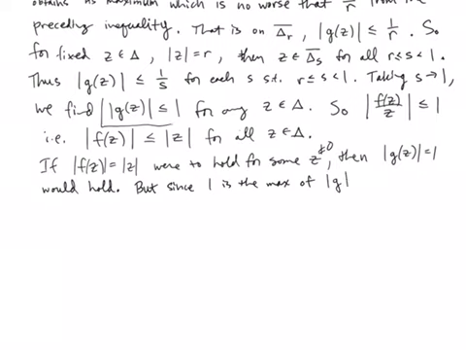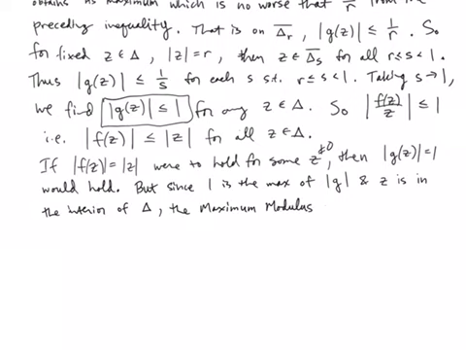So remember we have norm g is less than or equal to 1, and z is in the interior of the unit disk, the maximum modulus principle implies that g is identically equal to a constant, lambda,